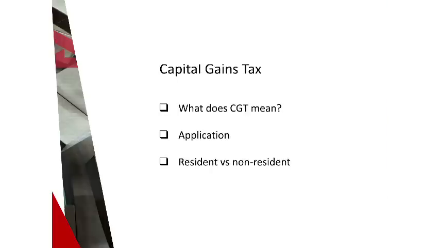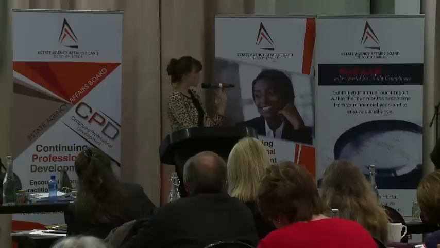So you take all these costs into account, you calculate the base cost, and then you have the responsibility to calculate the capital gain. So there are certain exclusions for capital gains tax in your annual income. There's an annual exclusion of 30,000 Rand, and then a further exclusion of 300,000 Rand in the year of the death of the seller, and then a 2 million exclusion on the profit made on a seller's primary residence.